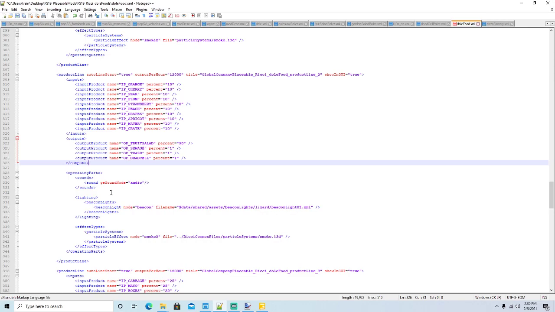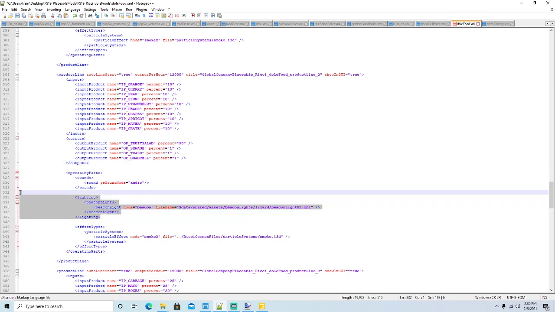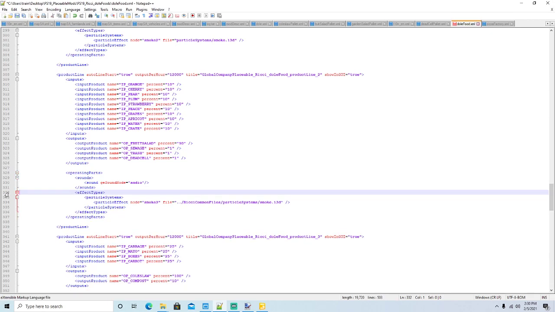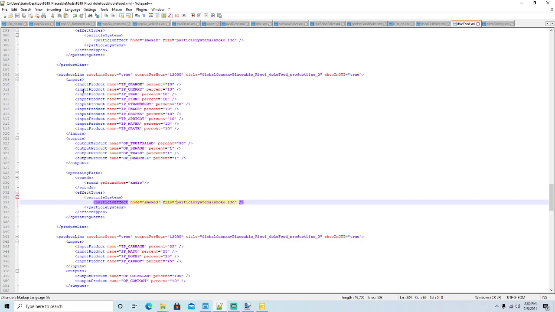We're going to leave our audio here. No more beacon. So that can go. And then smoke 3 is just particle systems. So that's our fruit salad